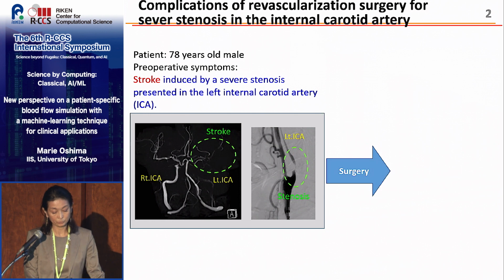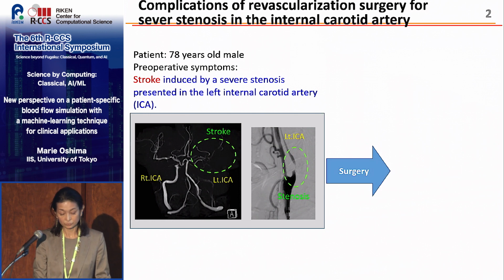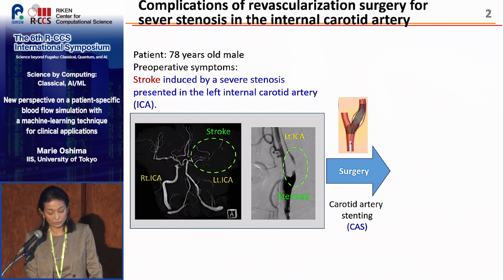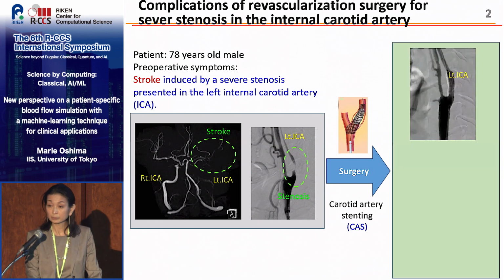The neurosurgeon decided to conduct revascularization surgery, because if this situation was left, the worst case is he would die. So the neurosurgeon conducted carotid artery stenting as shown on this slide. And the surgery went successfully, and the flow was